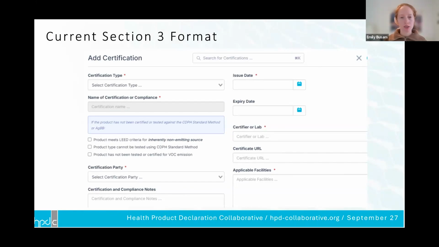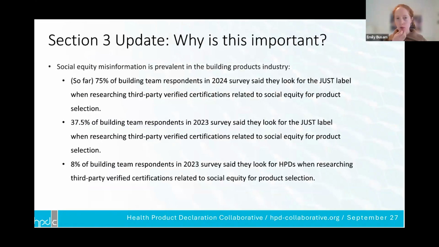There are many different compliance types, and that was really the beginning of much more research on this topic. So just to give you some context, here is the section that we're reformatting, and why this is important.